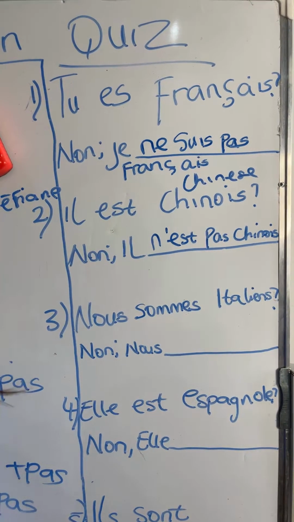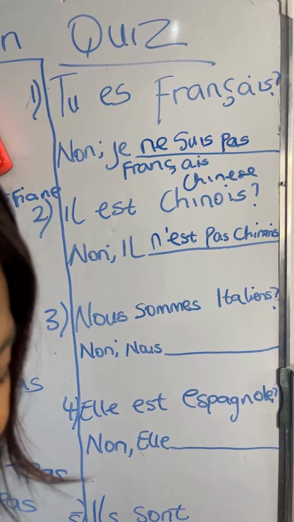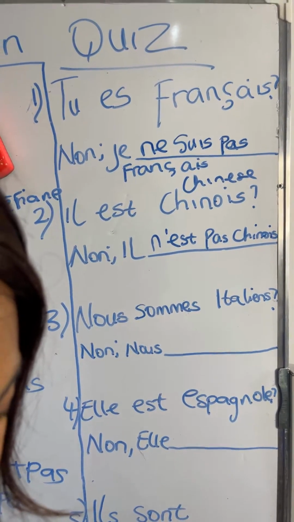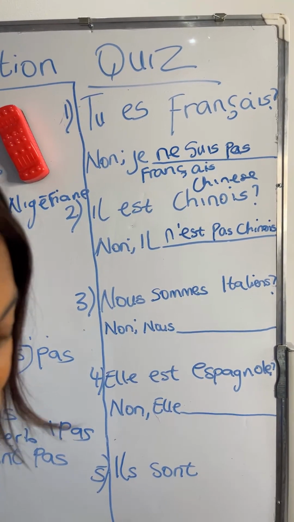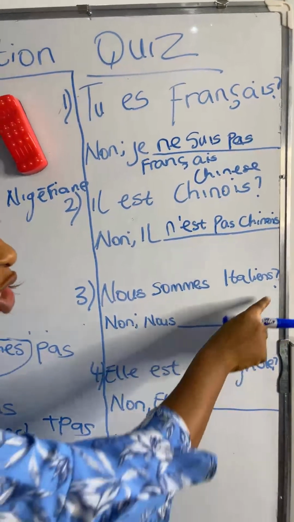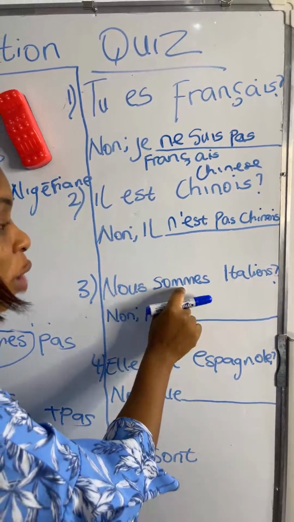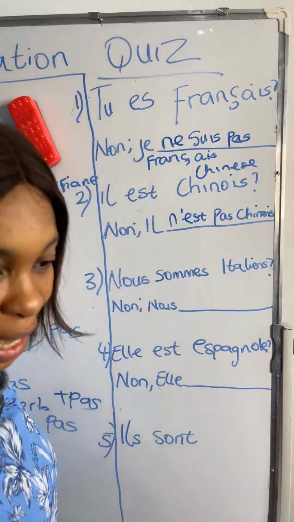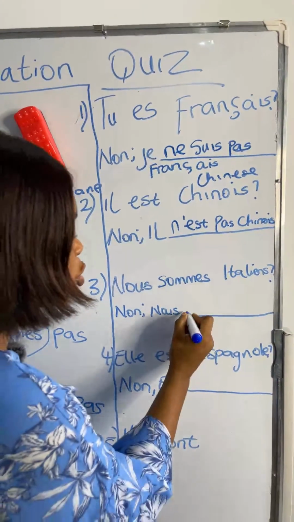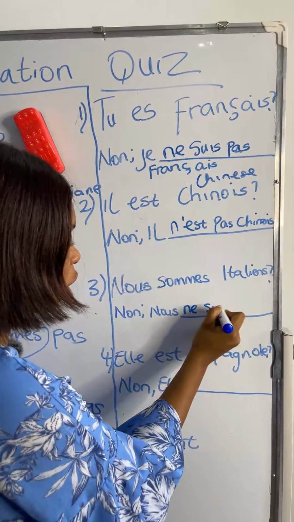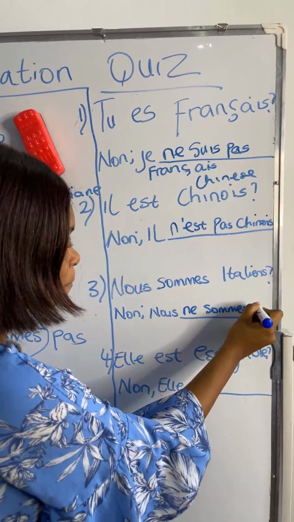Okay, all right, very good. Très bien, Ajiboye, well done, Yvonne, I can see your comments. Well done, Faith, well done. I'm sorry, there's a question mark here. Nous sommes Italiens, are we Italians, right? So, we are not Italians, now it becomes nous ne sommes pas